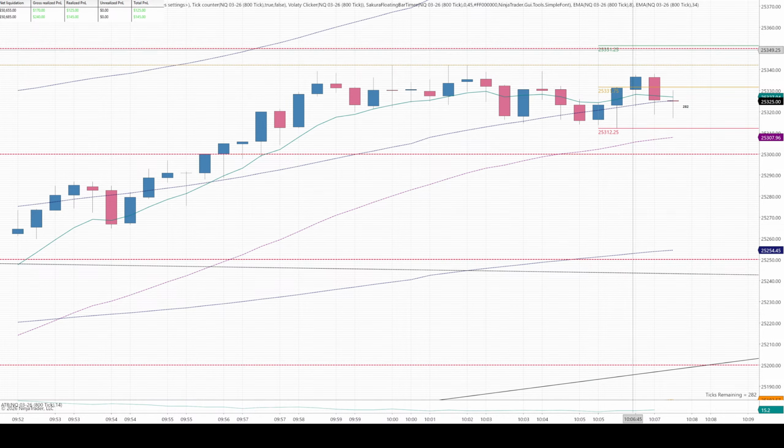But look at where the target is. The target is above 350. That's a potential area of resistance. We also have the golden ruler up here, another area of resistance, because this is the high right now. And so I don't end up taking any sort of trade, even at a discount, if I see that the potential measured move is going to have a hard time hitting its target, because this is all a game of probability.